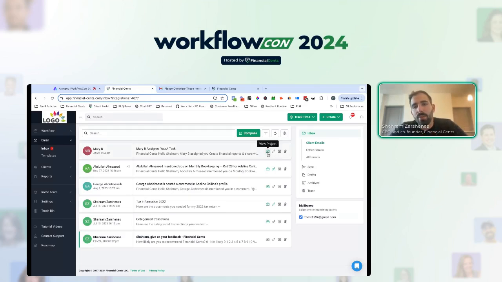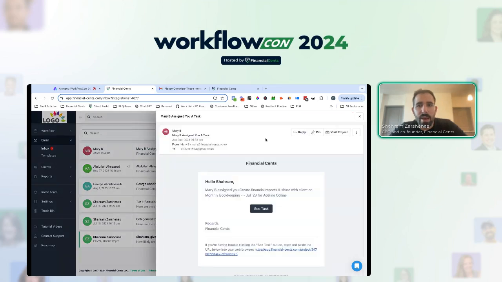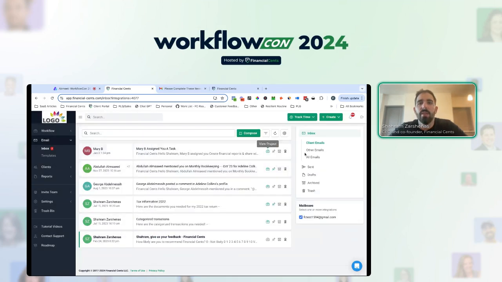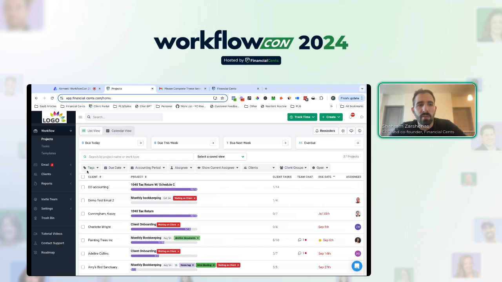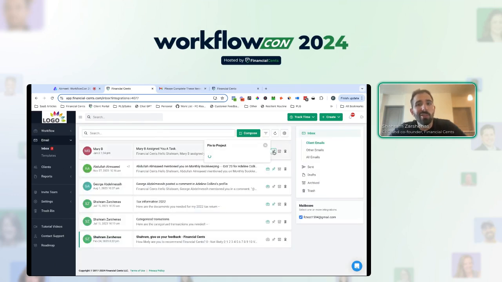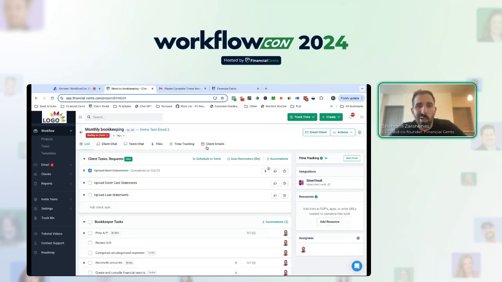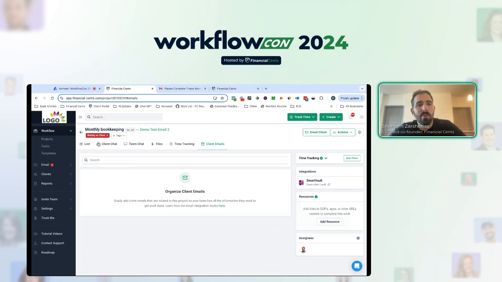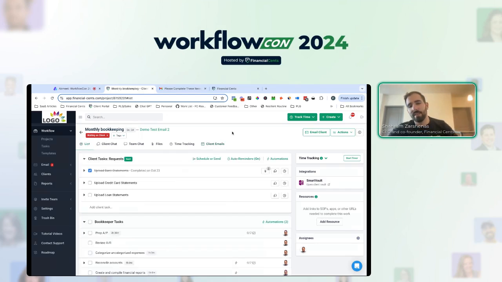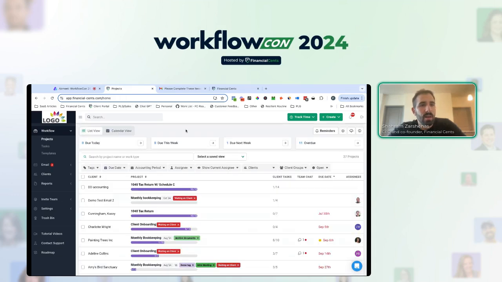And what's really cool too is you can actually create work from the email. So if this is them asking you an ad hoc task, you can create a project and that will show up and you can track on this view. Or like I mentioned earlier, you can pin it to that work. And if you pin it to the work, your team will be able to view that email when they're doing their work, so you don't have to forward it to their inbox where it gets buried and lost. So those are a few things, the work and the email, on the client organization side.